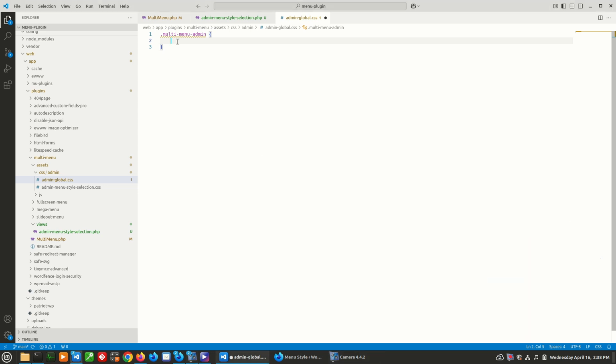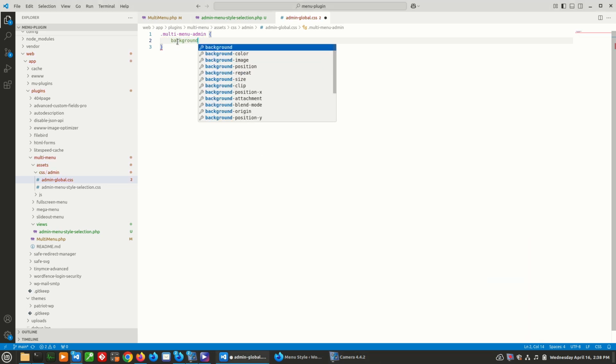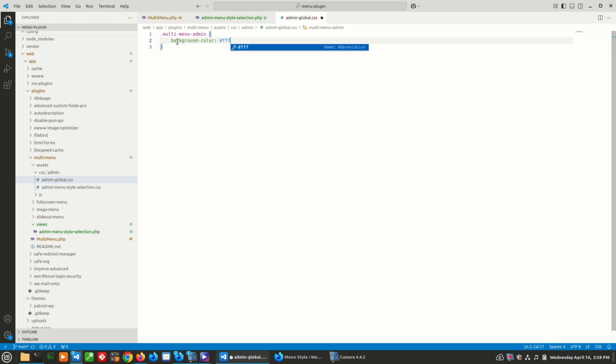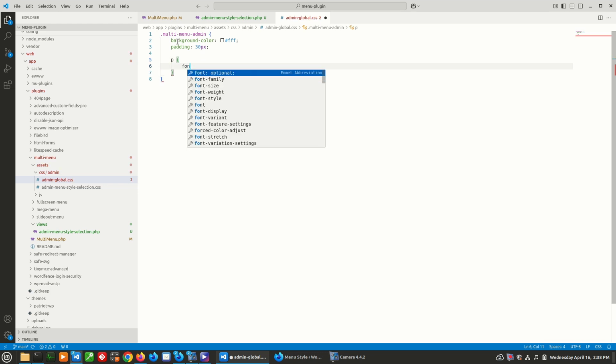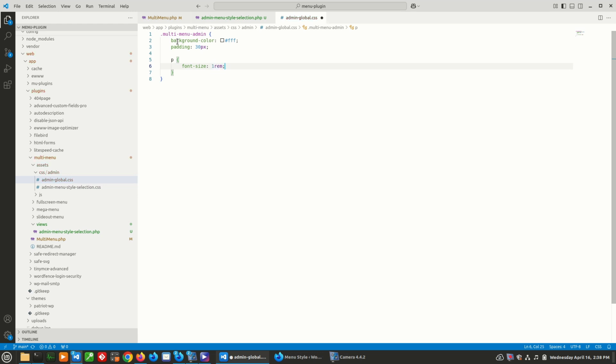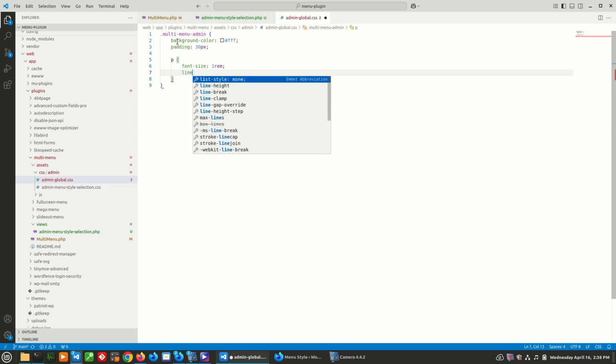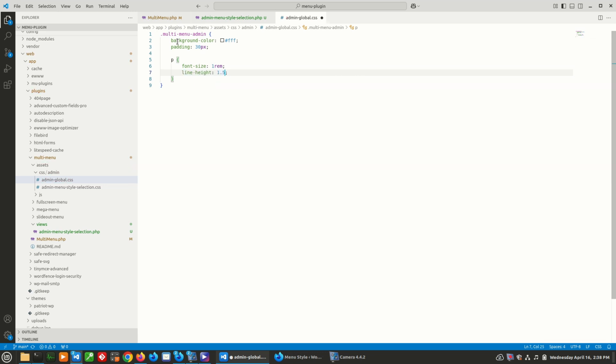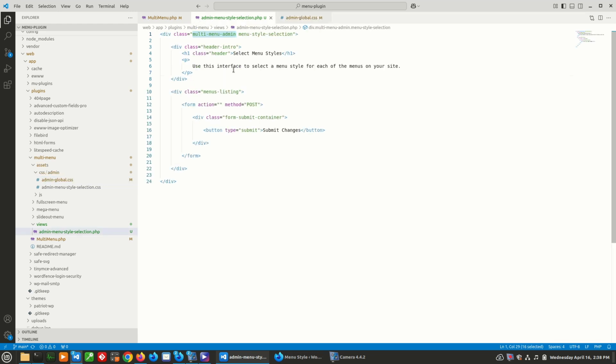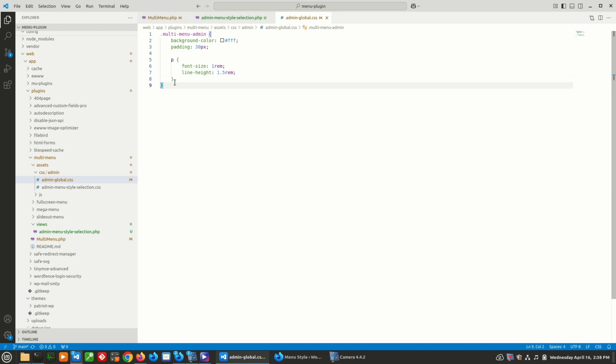We're going to go in here, and we're just going to add background color of white, and then padding 30 pixels, and then we'll say paragraphs have to be font size. We'll just do 1 rem, which is equal to 16 pixels. Line height 1.5 rem,